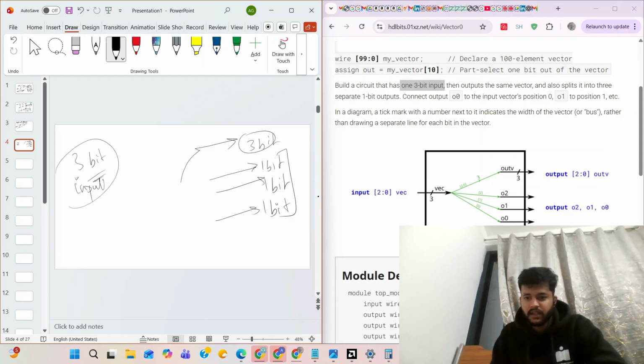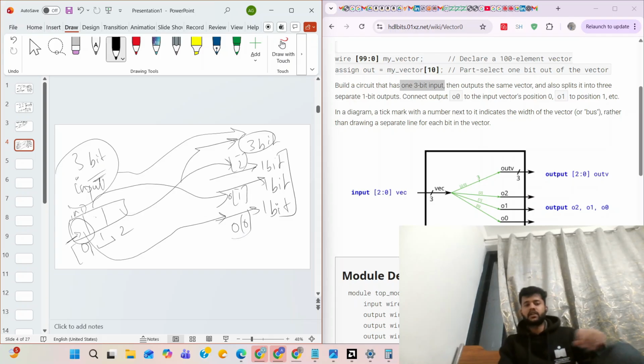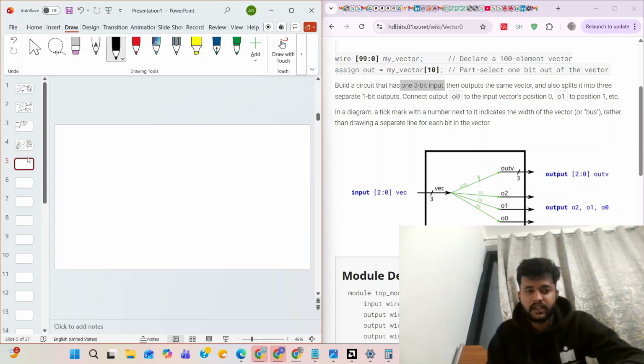Now we have to connect this 3-bit input to this 3-bit output, and whatever value is at the 0 position of the input, we have to give it to O0, and whatever value is at the first position, we have to give it to the corresponding position, and so on. So you understood the question, right? It's a very easy problem.